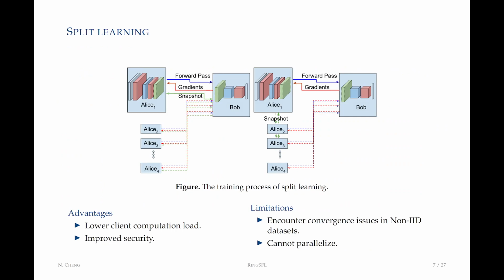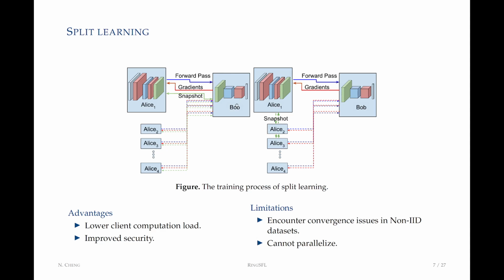Split learning was proposed in 2018. The split learning mechanism divides the model into two parts, one for the client and one for the server. Then the client feeds the local data into the model and initiates the forward propagation. Next, the client sends the output of the split layer and the corresponding labels to the server. The server then inputs the client's output into the local model and continues the forward propagation to generate the model output. Finally, the server utilizes the model output and the labels to calculate the loss value and initiate the back